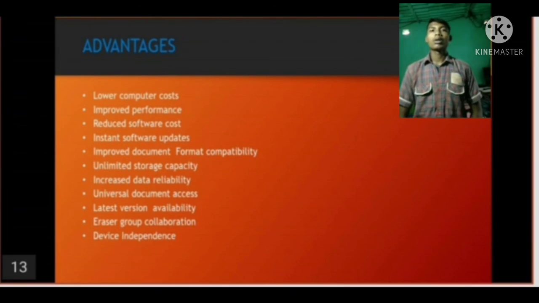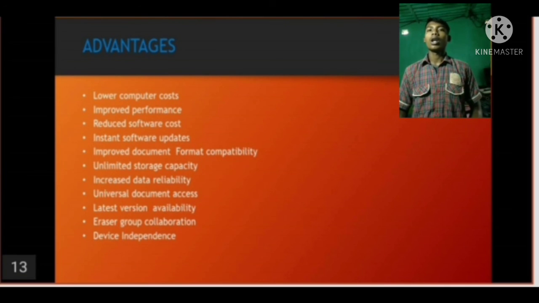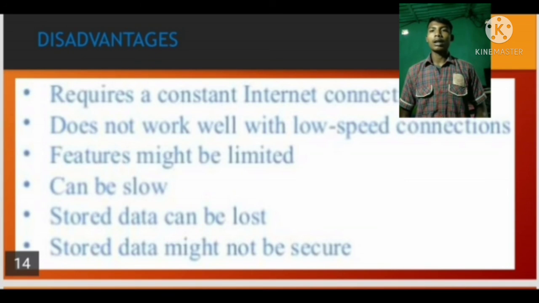Hi Santosh, I would like to say some advantages and disadvantages of cloud computing. So some advantages are lower computer costs, improved performance, reduced software costs, and instant software updates. And some disadvantages are that it requires a constant internet connection, it can be slow, it is